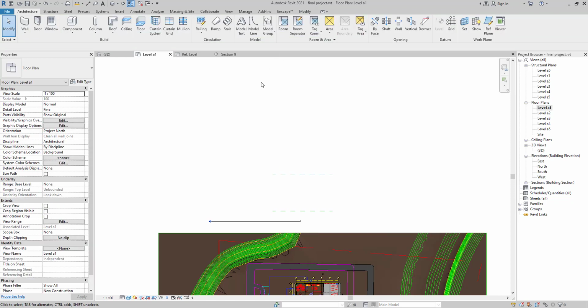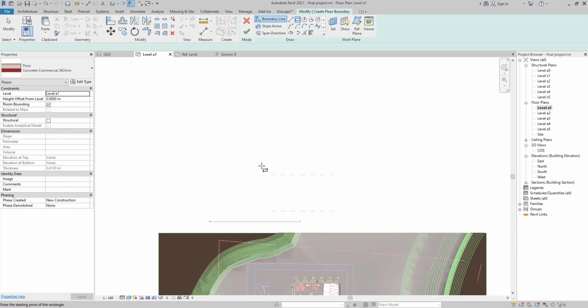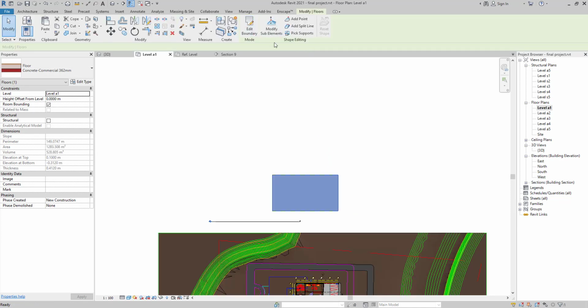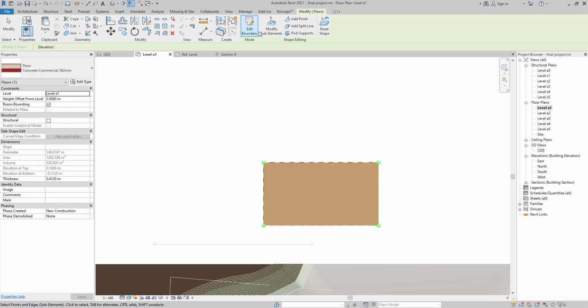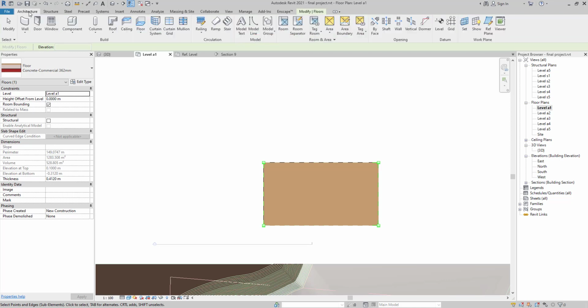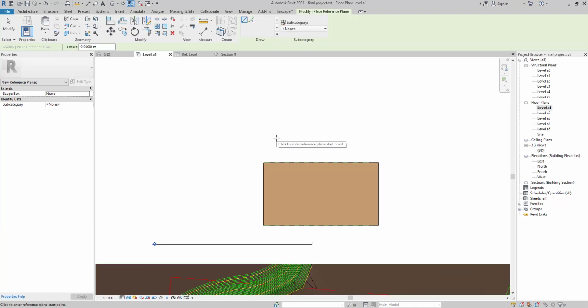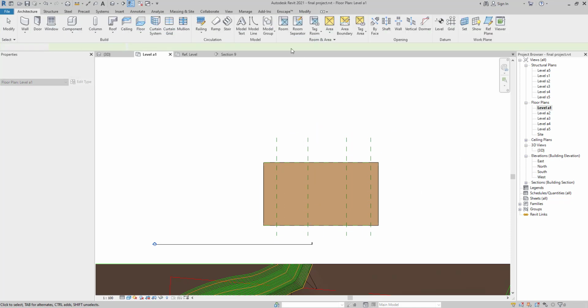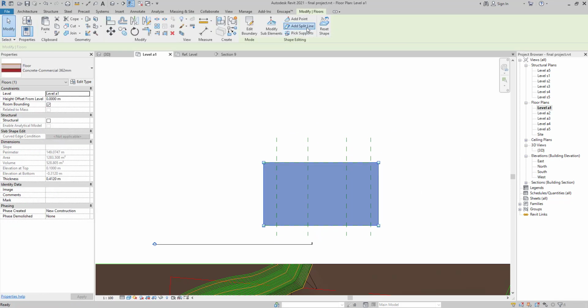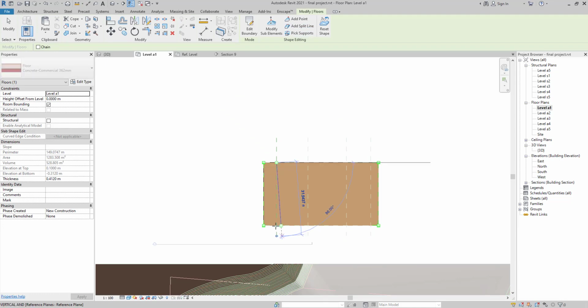I'm going to use Floor and create my floor from here to here, and after that I'm just going to click OK. Here, for example, we can add a split line, but I need some guidelines as well, so I'm just going to use Reference Plane, create this here and copy-paste it with several steps, and then I'm going to click my floor, add a split line, choose these lines